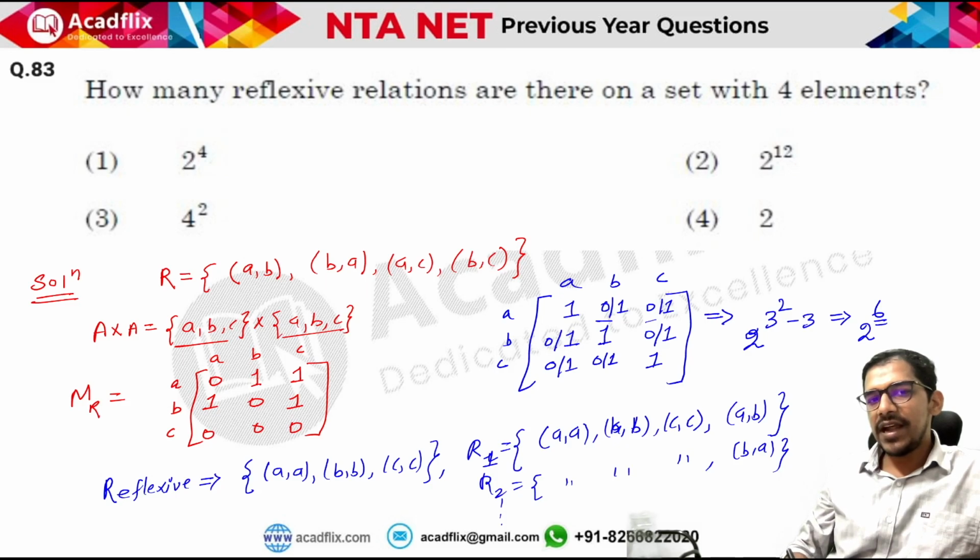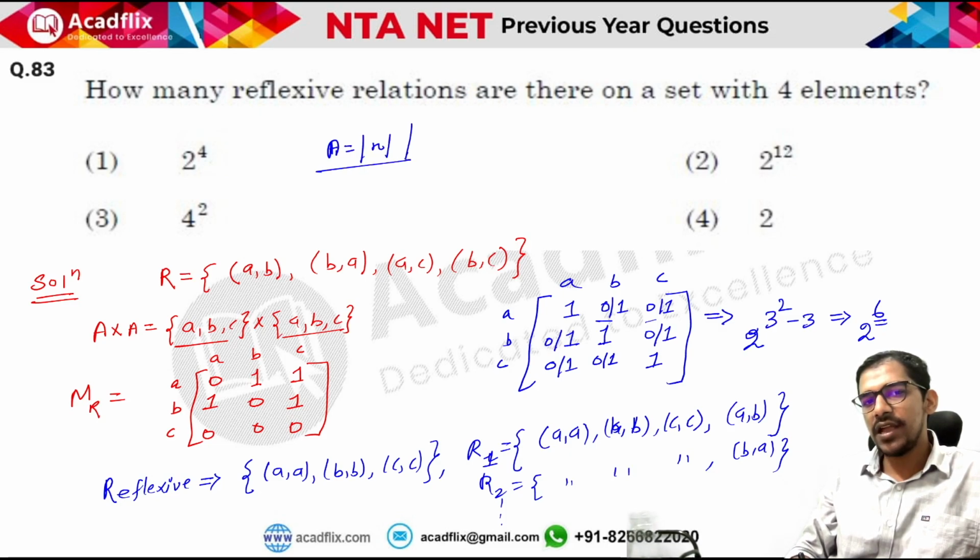So in general, let us say if we have a set A in which we have n elements, okay, the cardinality of the set is n, that is total number of elements are n. So you will see that in this matrix we will be having n square elements, right? For example, if we have 3 elements in the set, then there are 9 entries. If we have n elements, then there will be n square entries. And out of the n square entries, the n entries do not have any choice, right? For example, in this case, three entries do not have any choice. So n square minus n elements have two choices.